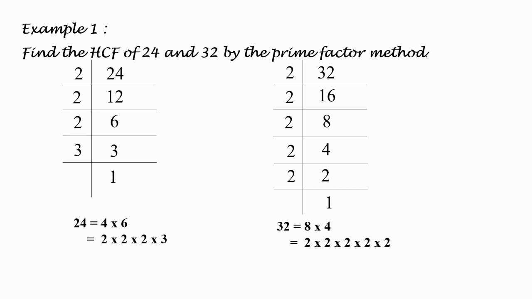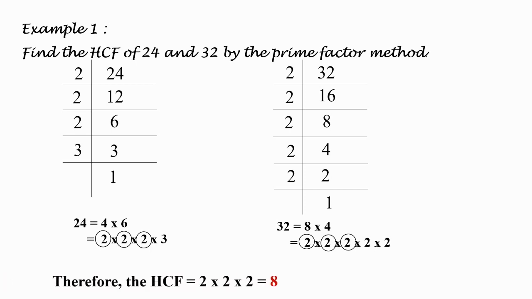So with the prime factors we can see that 2 is common in 24. In the same way, 2 is common in 32. Again in 24 if we see 2 is common and in 32 2 is common, the second pair of 2. Then again 2 is common in 24, then 2 common in 32. So now students, the common factor of 24 and 32 occurs thrice in both the numbers.